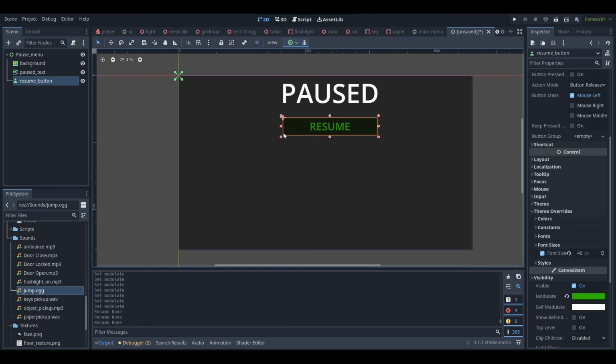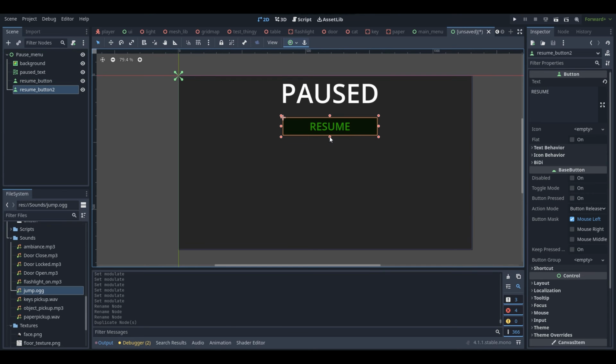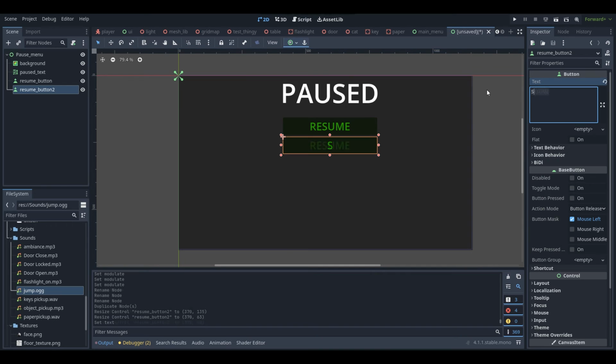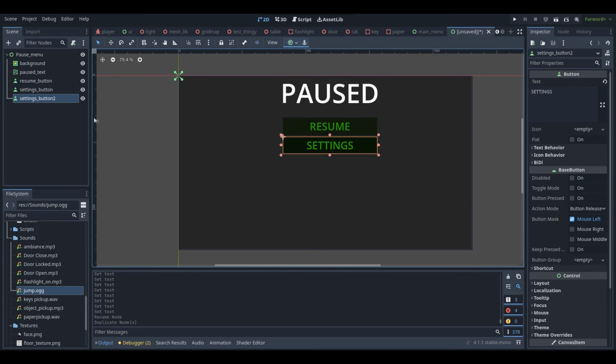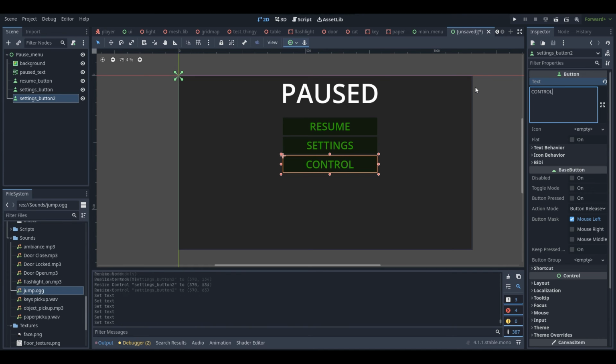So now that we have our resume button, I'm going to duplicate this, and I'm going to move it down. And I'm going to call this settings, so we can actually access our settings whilst we're paused. I'm going to call this settings button. Boom. Then we're also going to have a controls button as well, so we're going to duplicate again, and so then the player can check and remember the controls. We're going to have a controls window. Rename this again to controls button,